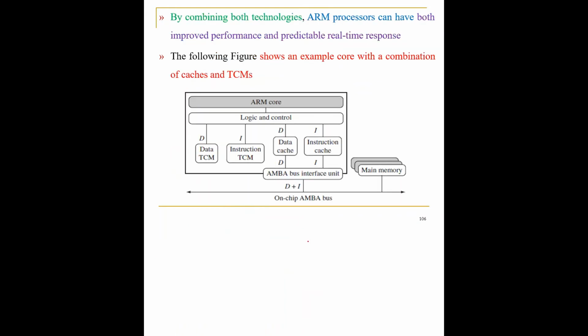Speaking about the second method, see here it has been shown. The first method details have been shown here. You can see here there is an ARM core, there is logic and control unit. Instead of using cache memories here, I am using TCMs, data TCM and instruction TCM, data cache and instruction cache. So basically, in order to improve the performance, I use cache memory as well as tightly coupled memory. Both can be collaborated together to make the efficiency still better. So you can see between the main memory and the processor, tightly coupled memory or a static RAM along with the cache memory. This is how we are going to improve the performance in one of the ways.